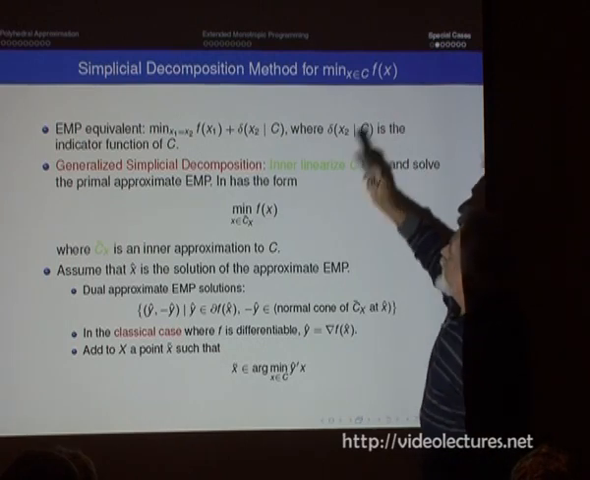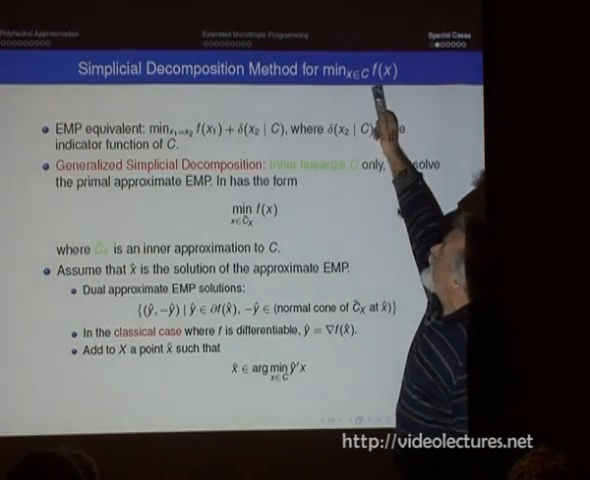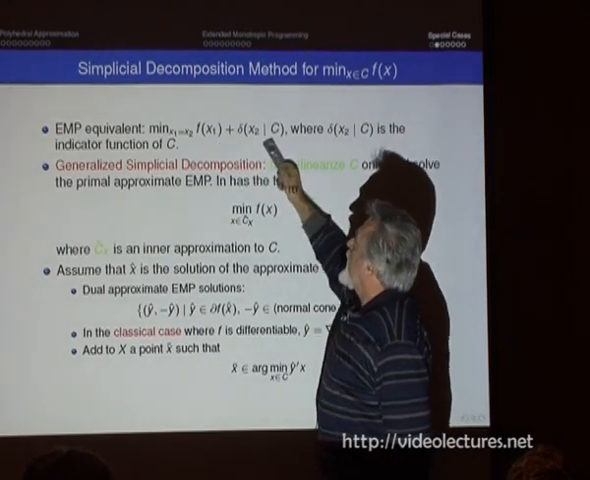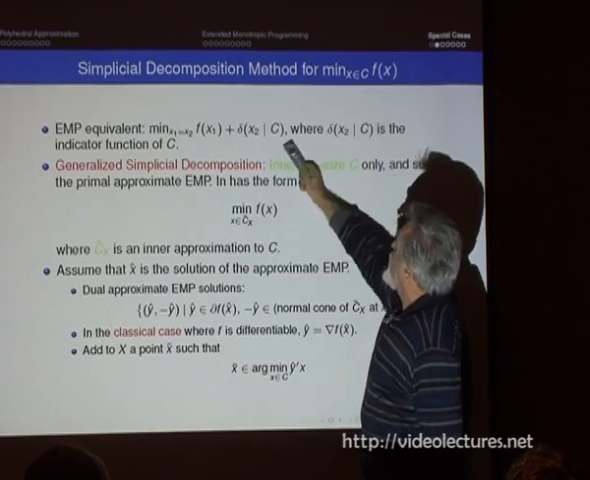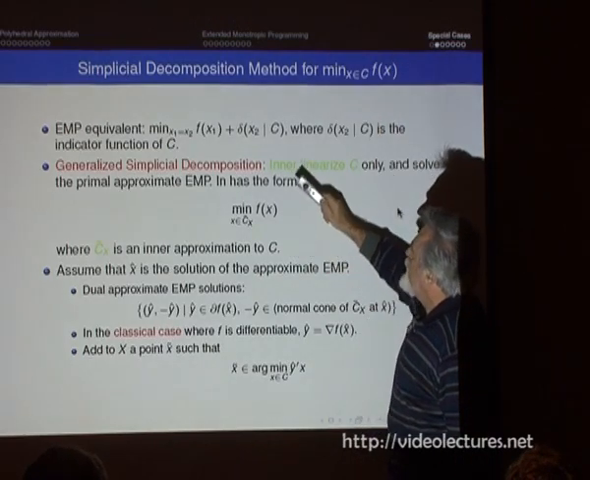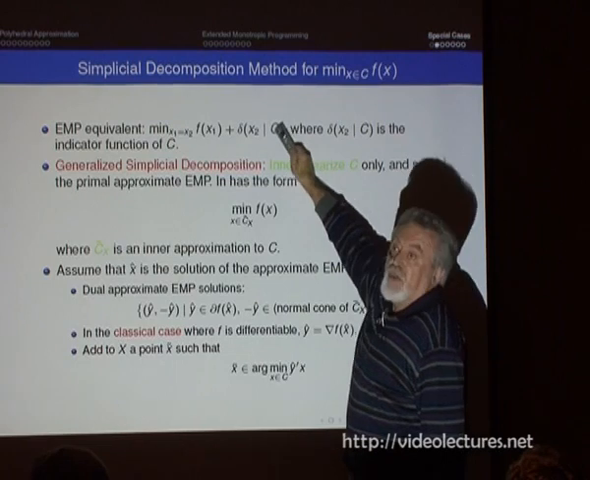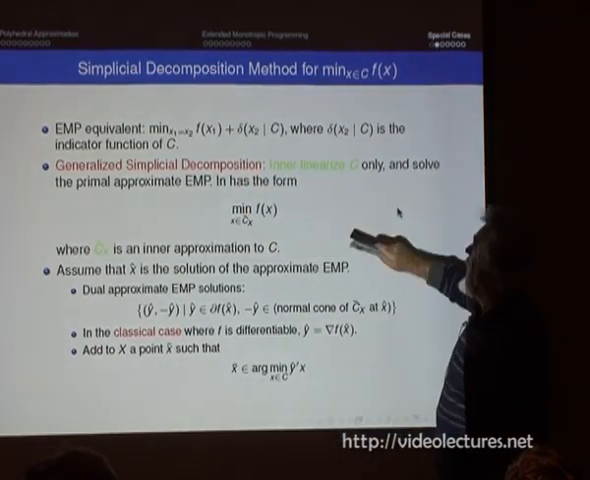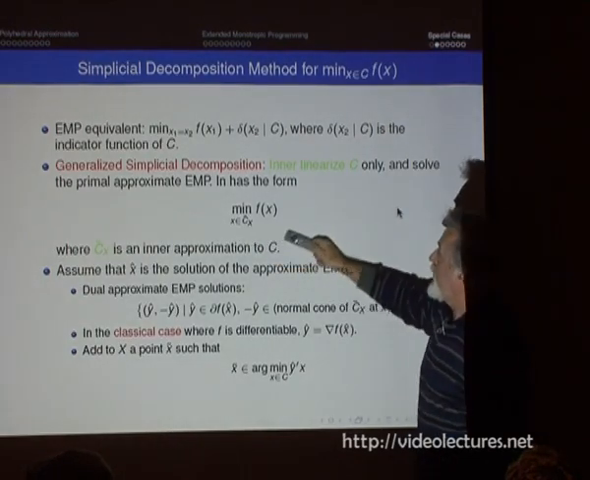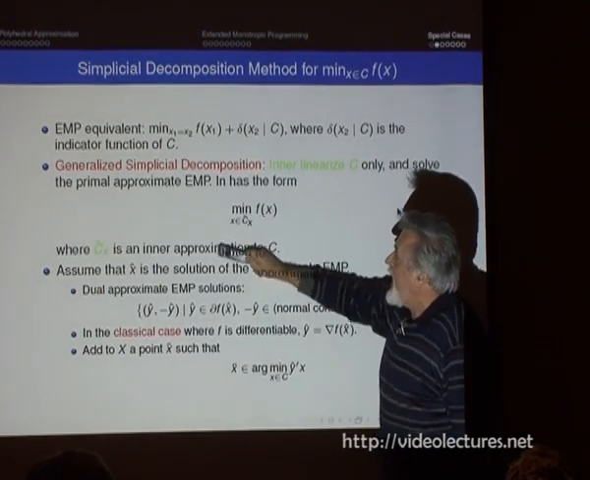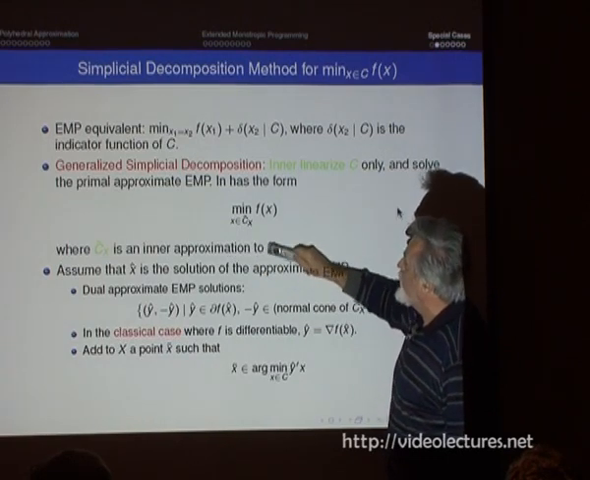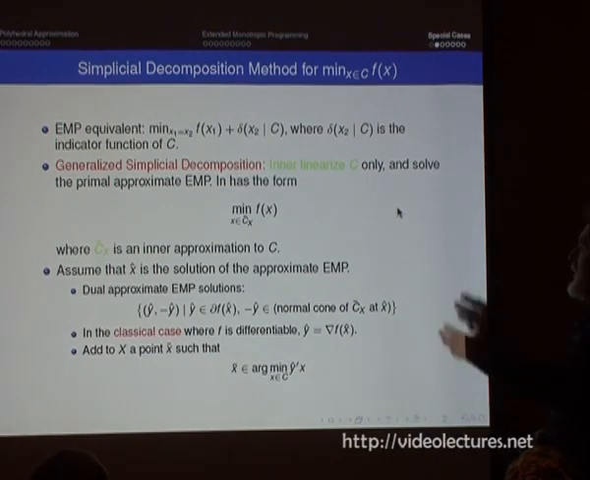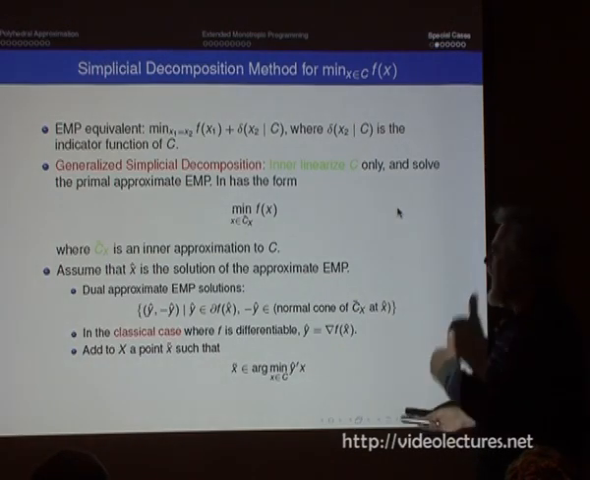The special case that corresponds to simplicial decomposition for the same problem is a little different. Again, the EMP equivalent is like this. This is the indicator function of the constraint set. It's the second component. But here, we inner linearize the constraint set and keep f unchanged. Okay? And then the approximating problem has this form, where C bar is a finite point convex hull, which inner approximates C. And the enlargement step